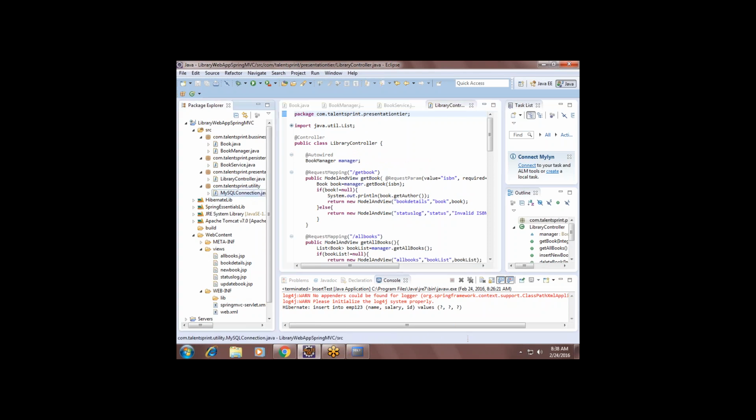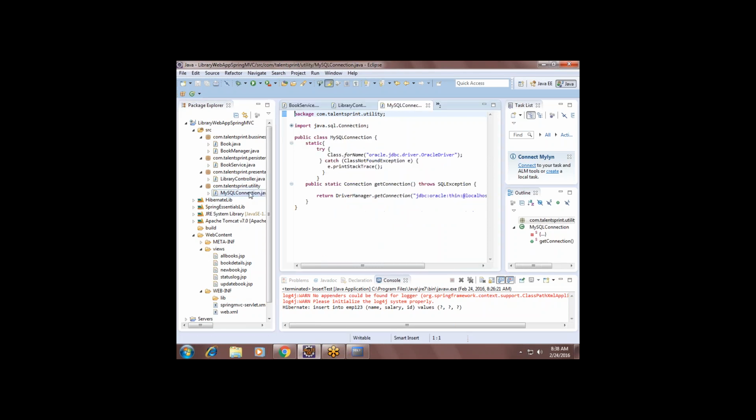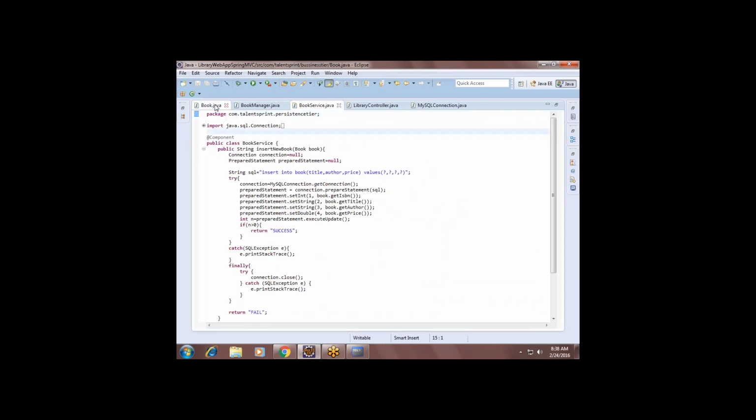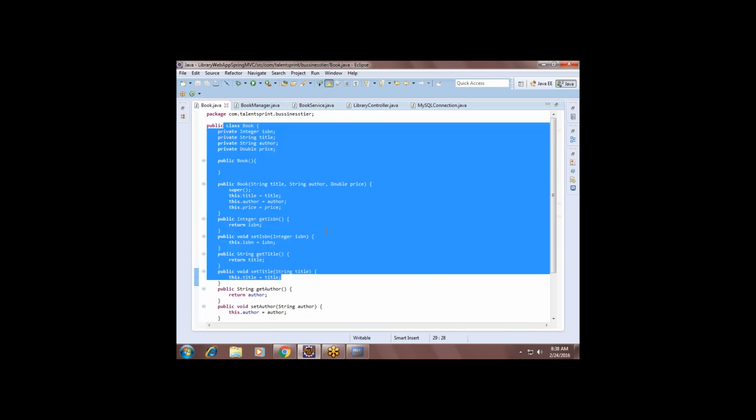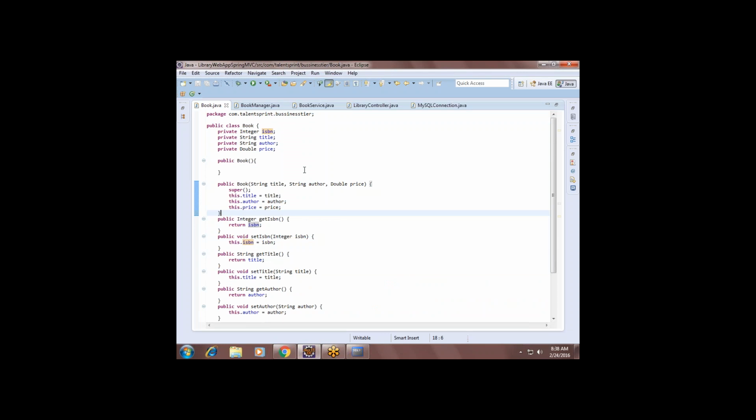This is a connection object. Understand? This is a connection object. And how exactly it is being operated, you see. So we are going to use this book object. We are going to save and deal with this book object like our customer. Remember our customer object, customer class? This is like our book object, which contains ISBN number, title, author and the price, guys.